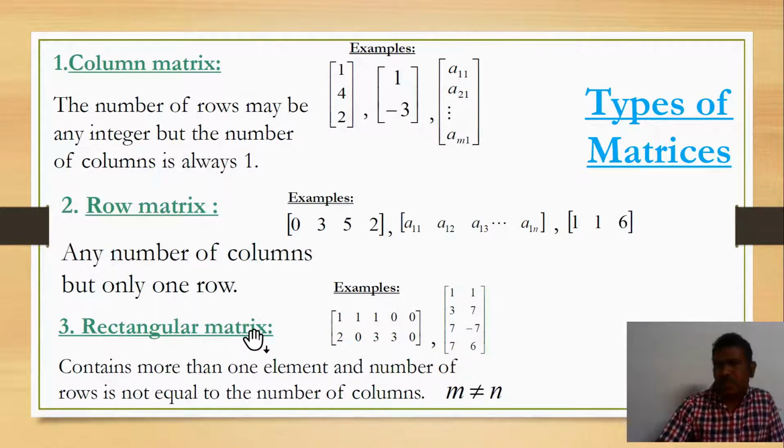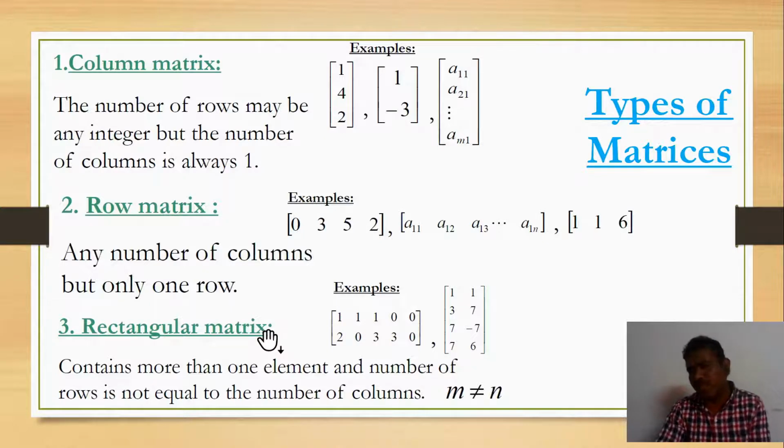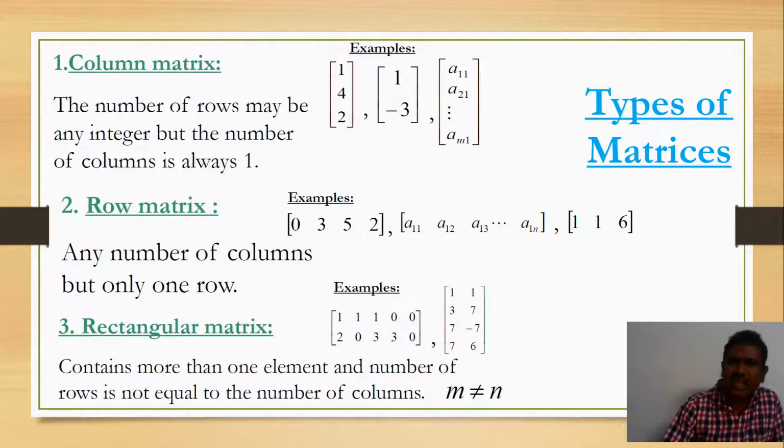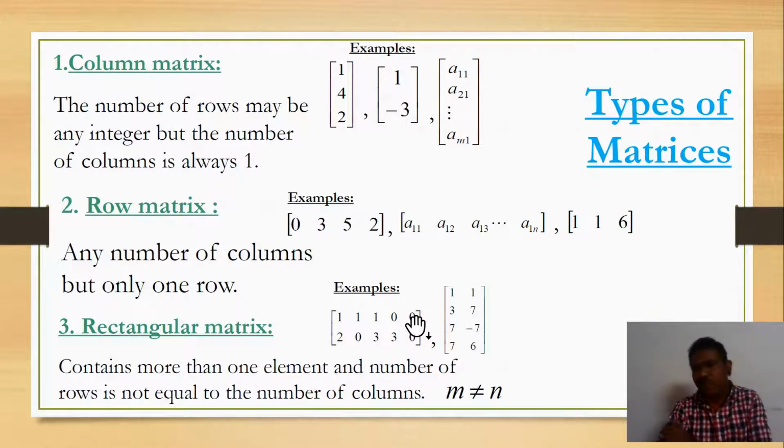Rectangular matrix, students. In its own meaning, by using plane geometry or coordinate geometry that you studied, you are very well aware. Rectangular is nothing but a quadrilateral in which only parallel sides are equal. It has a length and breadth. Commonly one side is more than the other side. That is called a rectangle. The two parallel sides must be equal and one side is greater than the other side. Like that you can understand, you are very well aware of that.